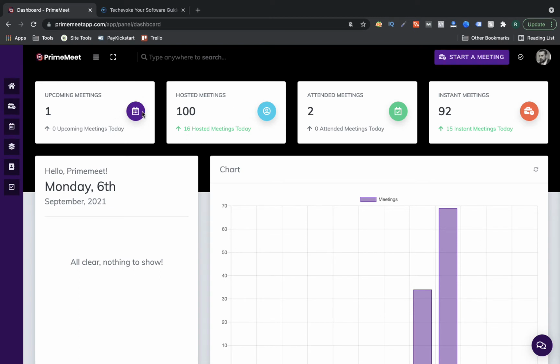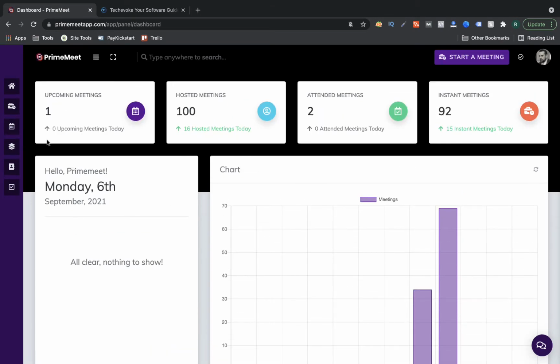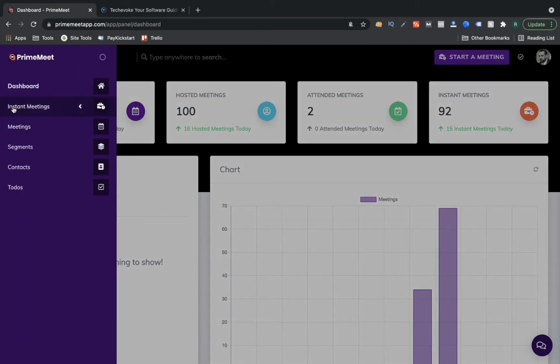So as you can see, I'm on the dashboard of Prime Meet, and here on the dashboard you can see all these things: upcoming meetings, hosted meetings, attendees, and all these things can be seen here on the main dashboard, right? And if I want to start a new meeting, what I can do, like I can go to instant